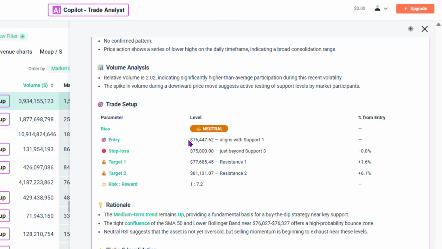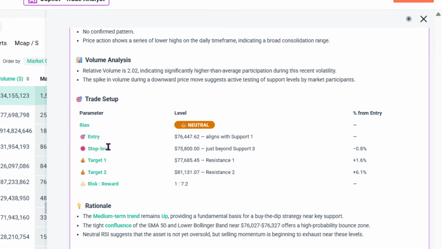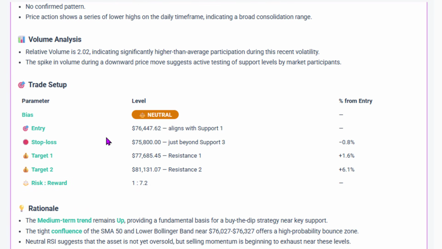So a good entry level would be at 76,000 and change, like we said. Stop loss just below that, and then looking at the targets, the next two resistance levels, and the risk and reward. This is very important for traders to consider. You want to have at least a 1 to 2, in this case it's a 1 to 7 risk reward trade-off. So at least 1 to 2,